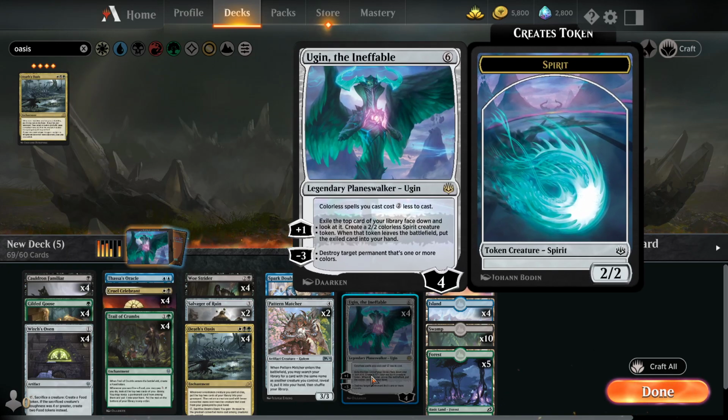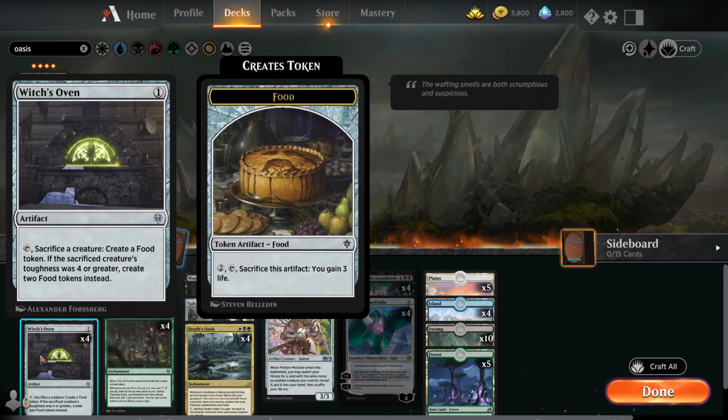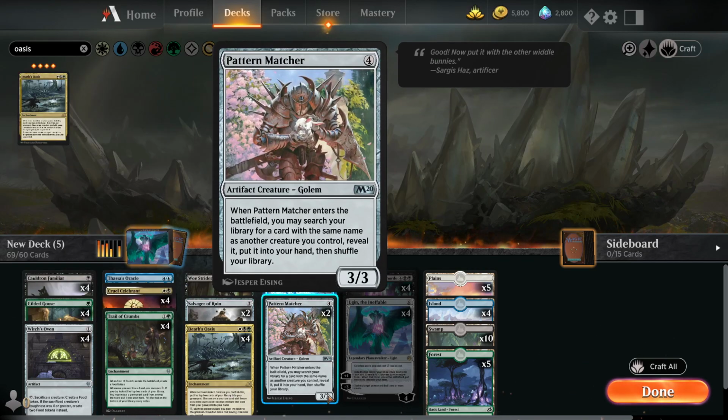But again, it might be a better route just to go maybe Teferis to stall the game and some board wipes to help stall the game, and eventually you find all the cards in the graveyard, and then you can go through your deck. I'm not even sure if Woe Strider absolutely needs to be in this at this point. If you just have the ability to sacrifice, the Witch's Ovens would maybe be enough to sacrifice a Pattern Matcher enough ways. Or if you know of a better sack outlet, definitely leave a comment in the comment section below,